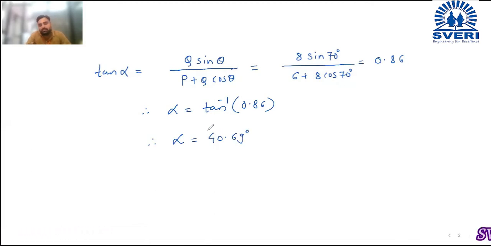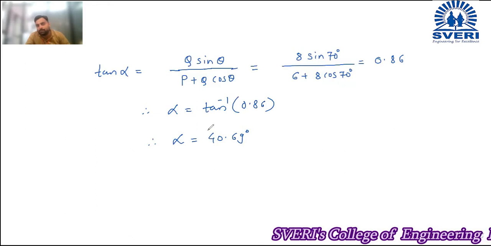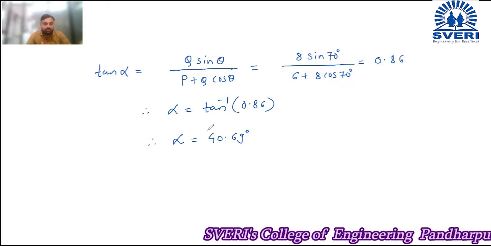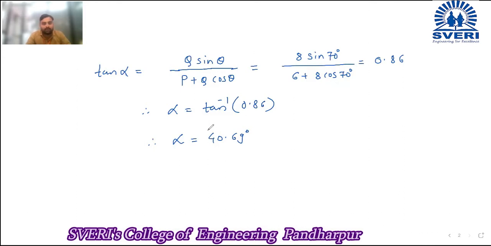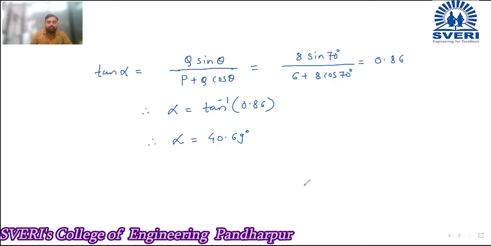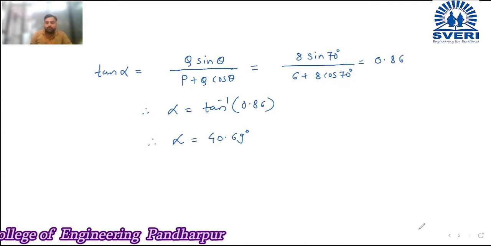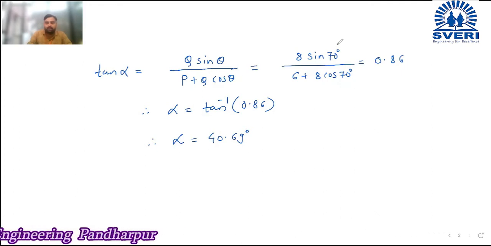So this much of problems that we have taken on the law of parallelogram of forces are enough, I think. You may get clarity on the concept of how to use the formula to calculate the values. Now we will move forward and see how the resultant is calculated when a number of forces are acting on the body. That formula we are going to see now. I will write here first. You also copy it down with me.